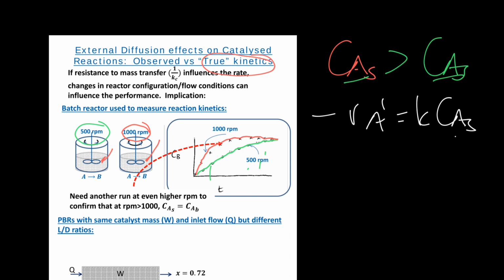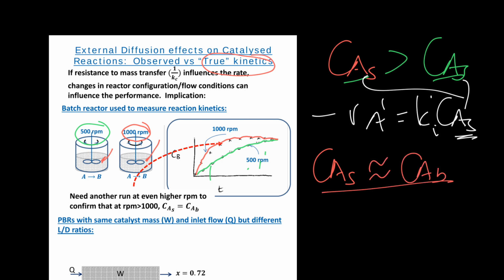So the surface concentration is higher with the red run than with the green run. Whether I have reached the limiting case, where the surface concentration is pretty much equal to the bulk phase concentration with my 1000 RPM run, still needs to be confirmed. I can only confirm that once I in fact choose a third run, where I have something like 1500 RPM in my batch reactor. If now I measure concentrations that pretty much fall on the same line, I have proven that even if I increase this